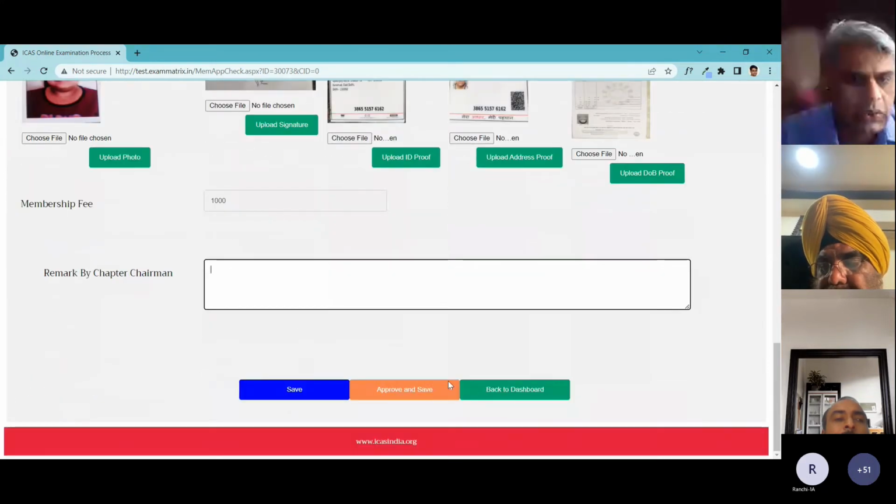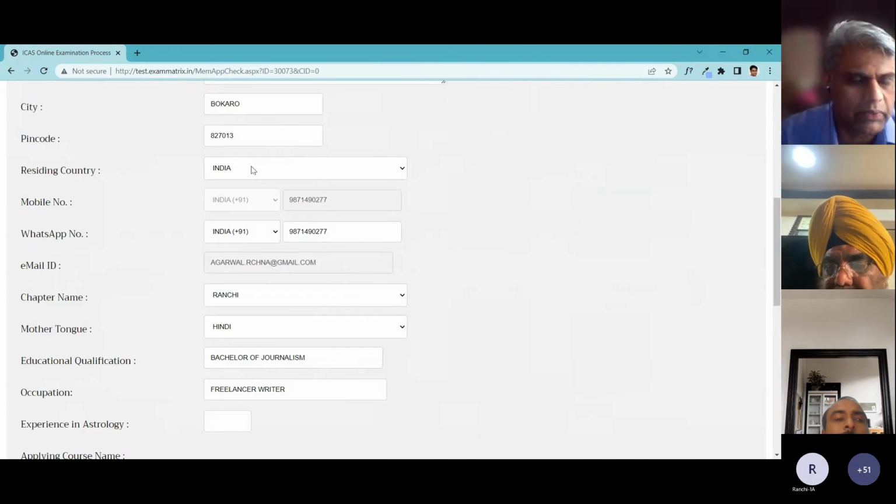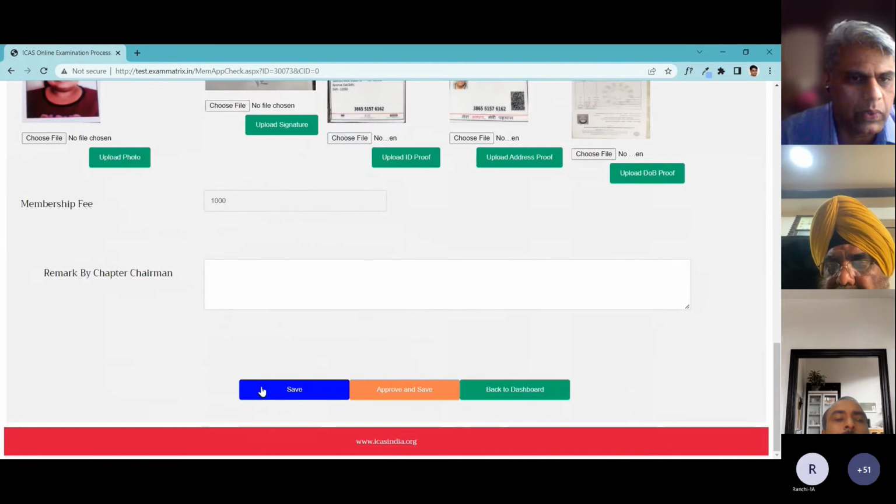So before approval you can make changes and you can save it, keep it, and then approve it whenever you feel it is appropriate. Once you approve it, you cannot make any changes. So this is the